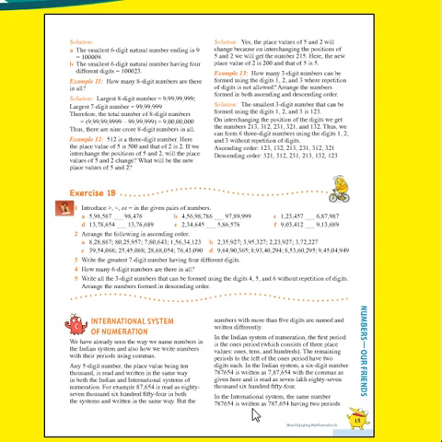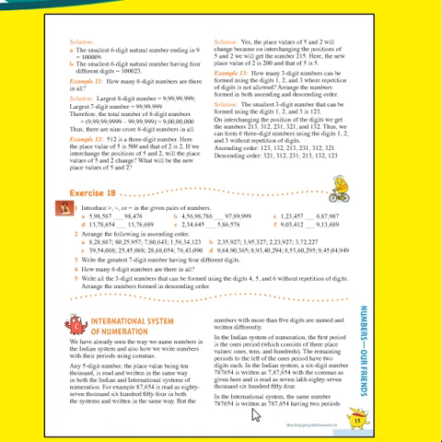In our Indian system, we put a comma first after 3 digits, then after 2 digits, then again after 2 digits. But in the international system, first we put a comma after 3 digits, then we put the comma after 3 digits only, right? So this is the difference between the Indian system and the international system. After that, all the periods in the international system are of 3 digits only.